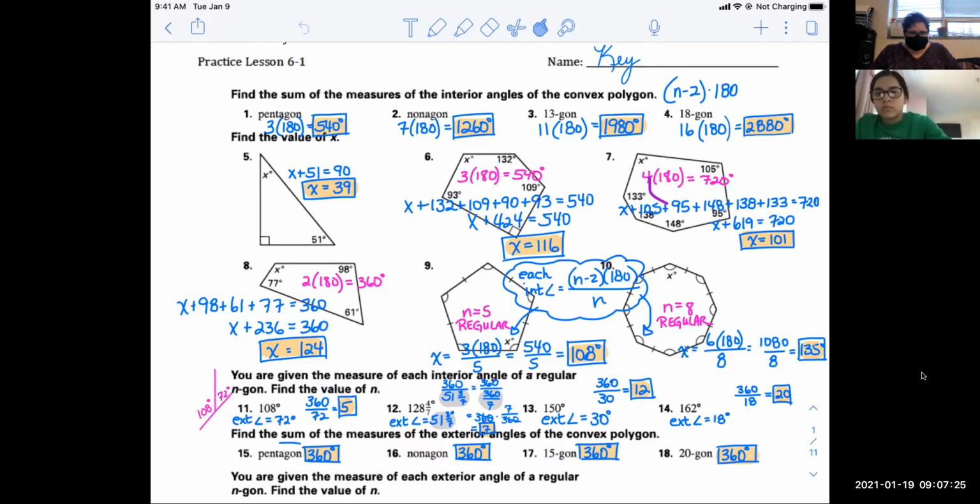Questions on, let's go 1 through 10. Okay, on 11 through